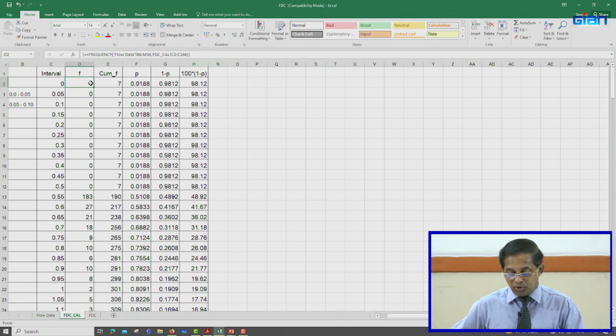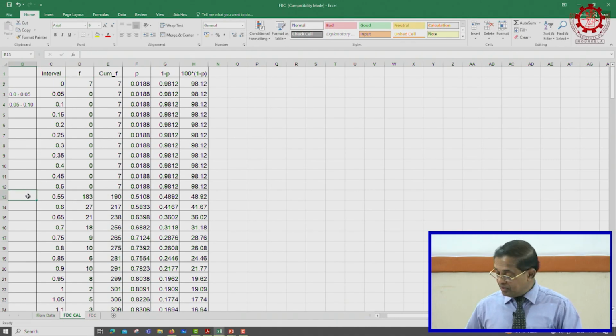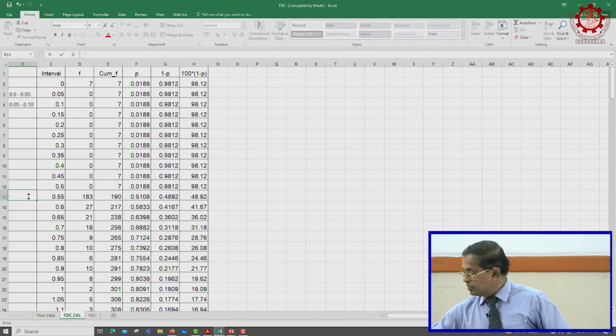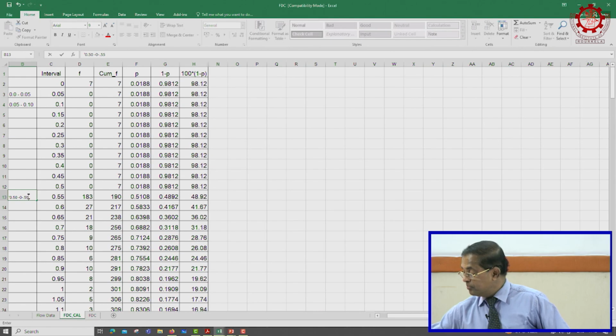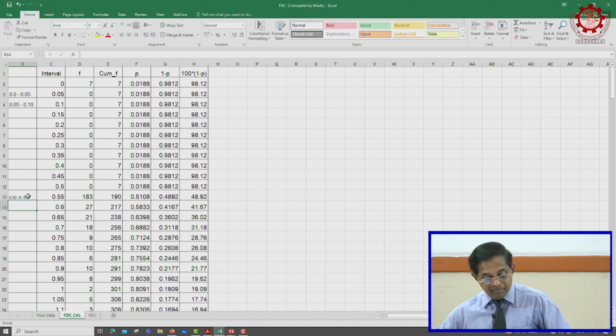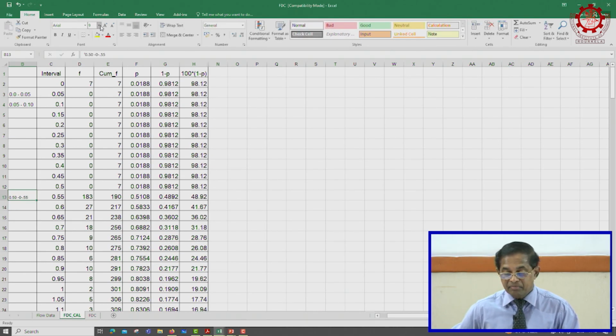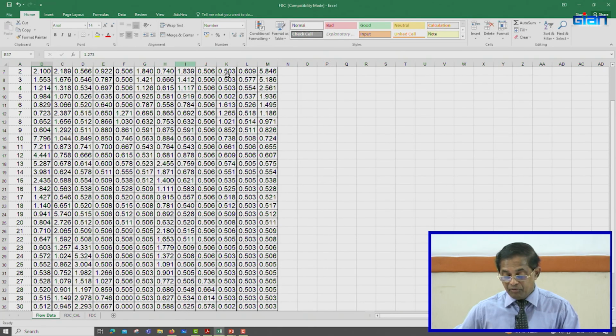That is why the 7 zeros are there. Then in this range there are no numbers, but 0.55, that means 0.50 to 0.55. There, the count, the maximum number of points are there, right. 183 points are there in this table, in that range, if you count it here, right,